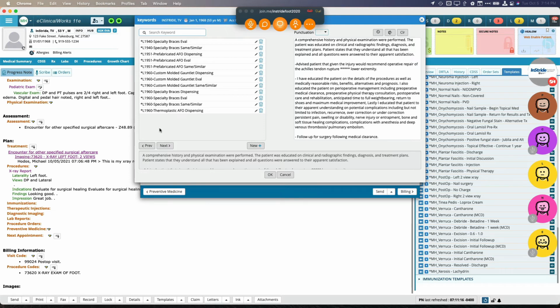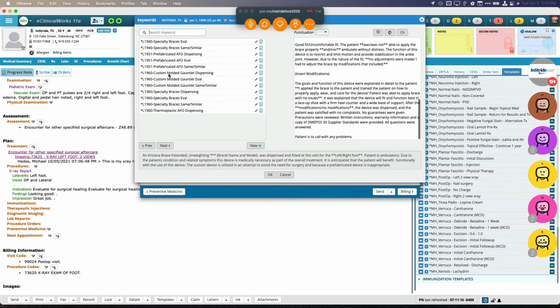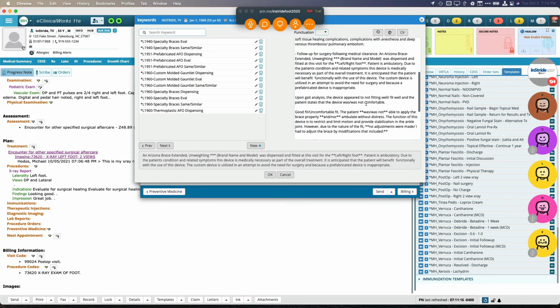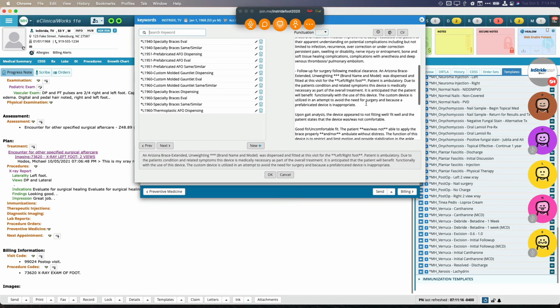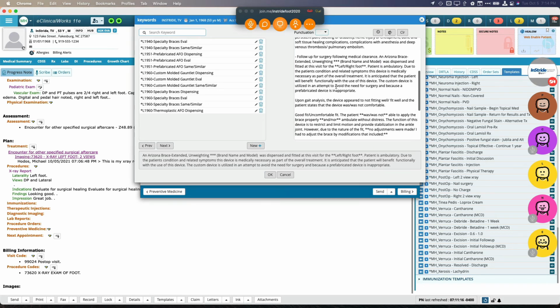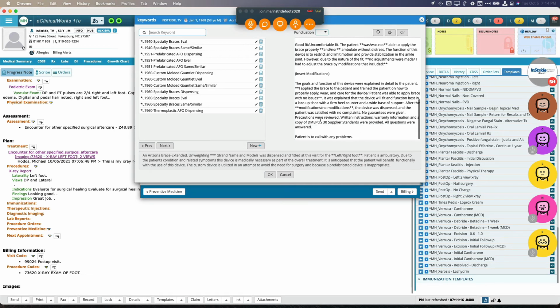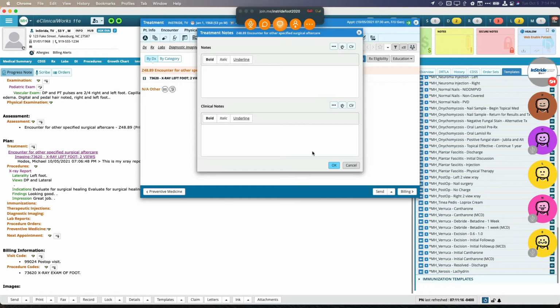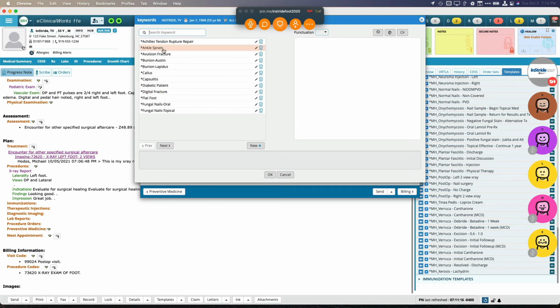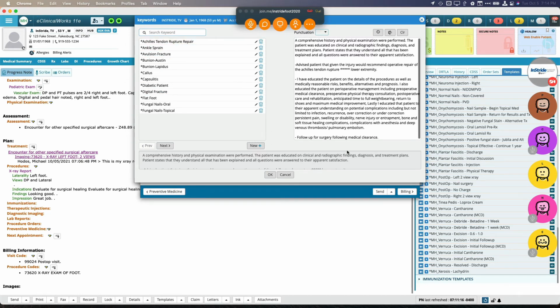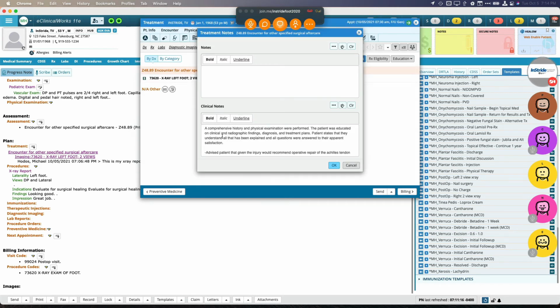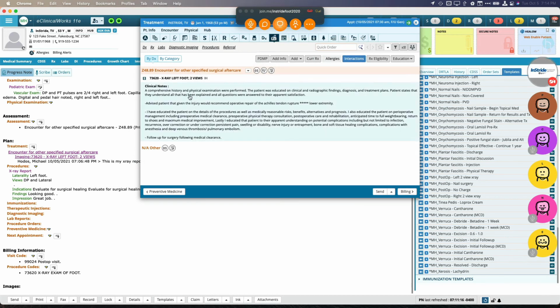For example, I don't remember what my typical ankle brace is, but let's say it is L1960. Here is all the information. Oops, that's the tendon rupture stuff. But here is all the stuff for the ankle brace. And then you click on it and it goes down into the bottom. Let's cancel that and do it one more time so I don't have too much text there. That makes it confusing. Here's my Achilles tendon rupture repair. I click it. Everything that ends up in the bottom is going to end up in these clinical notes section